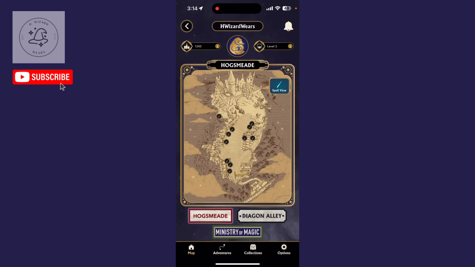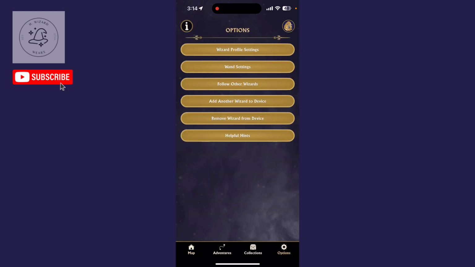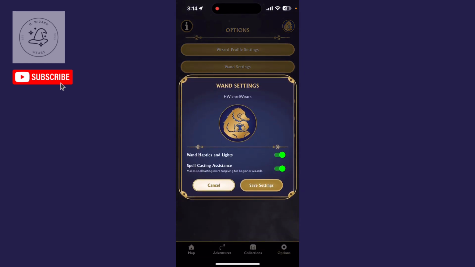Okay, and then the last thing I want to talk about in this part one video is that I notice a lot of people have a lot of trouble getting the windows to work with the wands. They made a huge improvement when it came to the second generation wands that I'd like to show here, because I tell everybody I run into in the park about it if I see them struggling and they have a second generation wand. If you go under options and you go under wand settings, you'll see that there